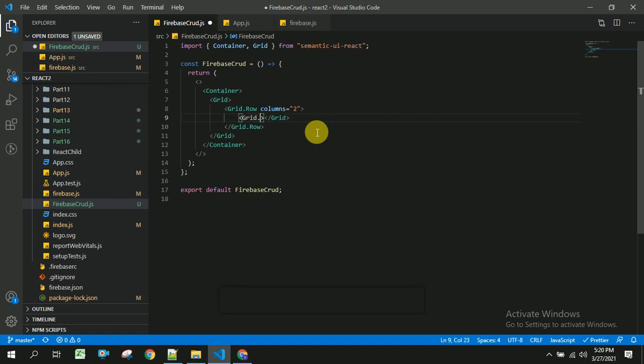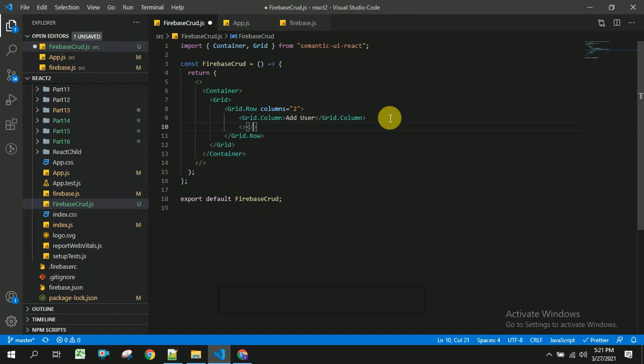Grid.Column, and the next one is Grid.Column. It will be edit user. So let us save this.